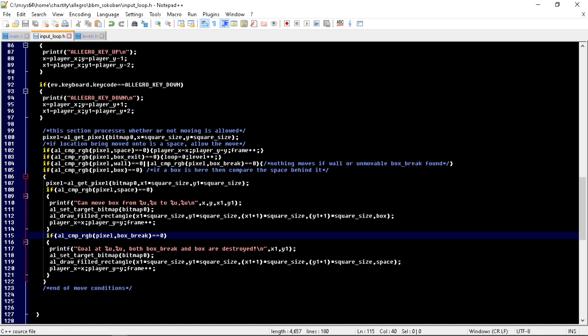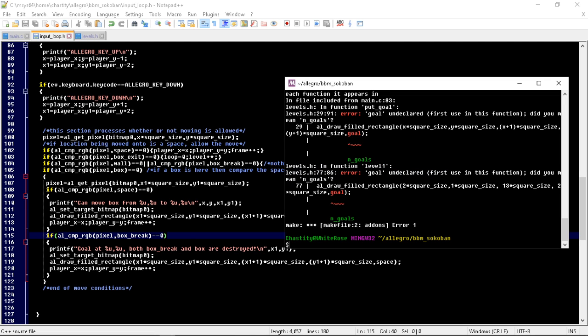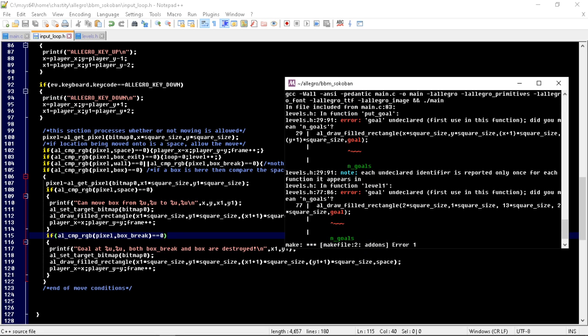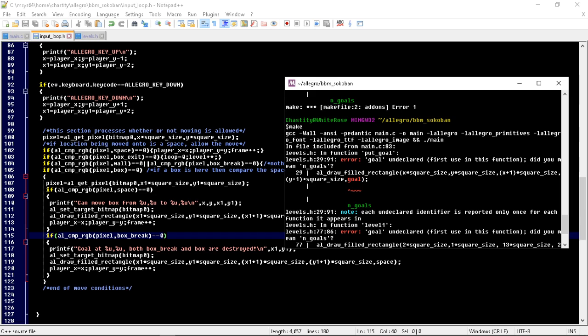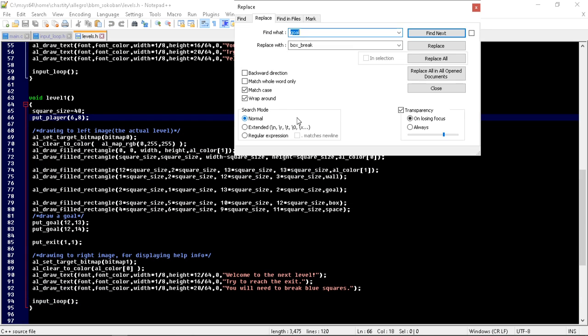Yeah, here it is. This is where it compares for a breakable box. And after I finish renaming this variable, I'm going to go into the explanation of what was going on. So now notice that in function put goal, yeah, so here's the thing. There's still one file where things have not been renamed. So here we're going to